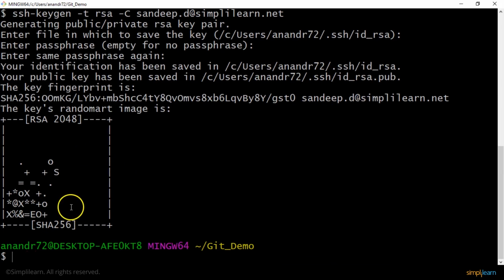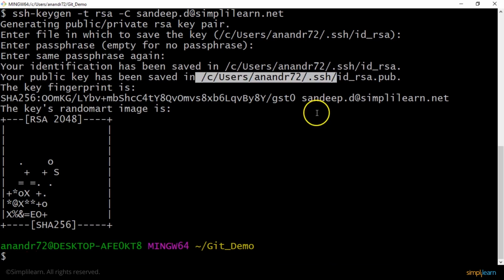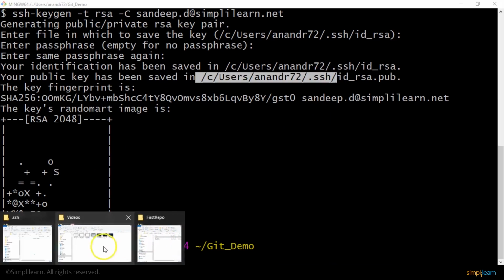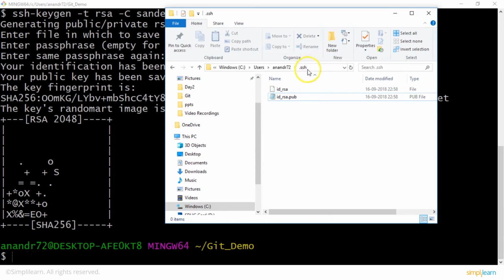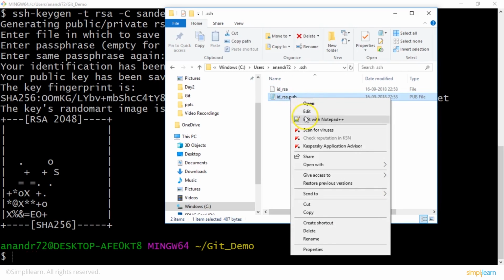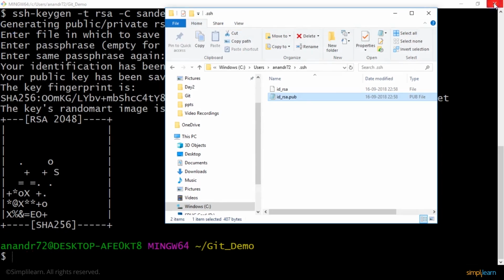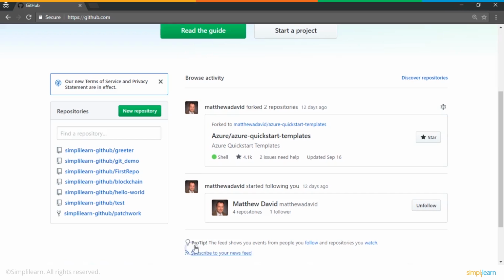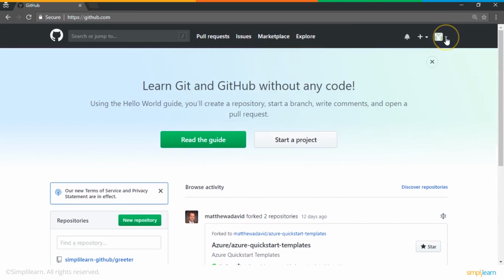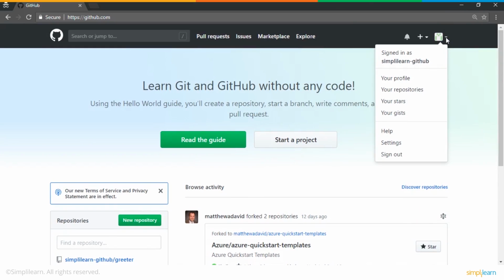So the key is generated, and by default it is created in this particular folder. So let me go over to that particular folder, and this is the folder where the keys are generated. You would see a public key and a private key that is created. Let me open up the public key with a notepad and then copy the contents of the whole file. And now I would need to stick it in on the server so that I can get myself authenticated using